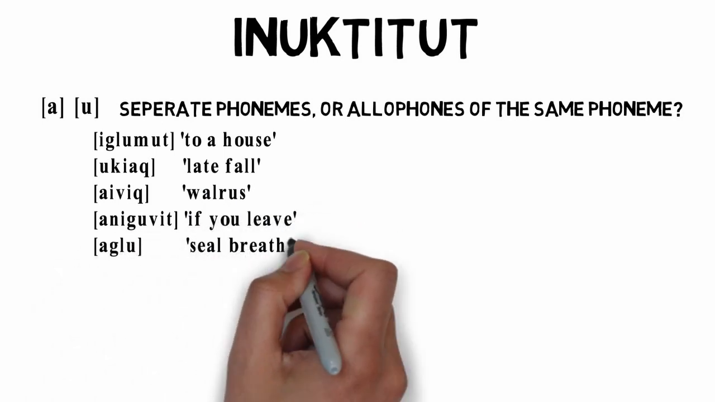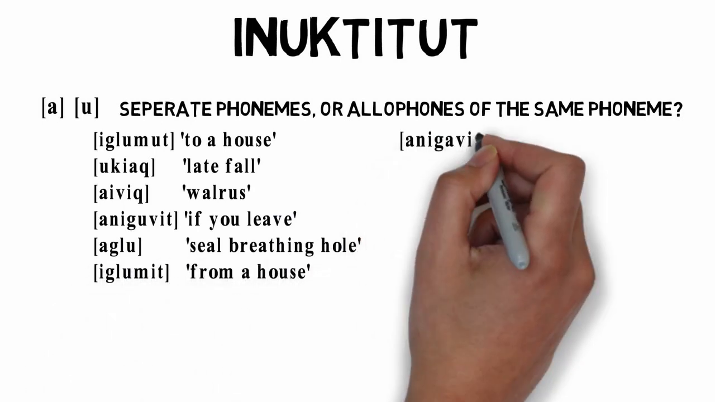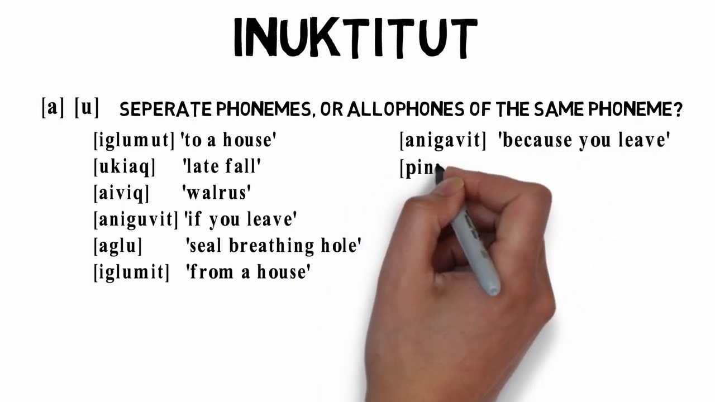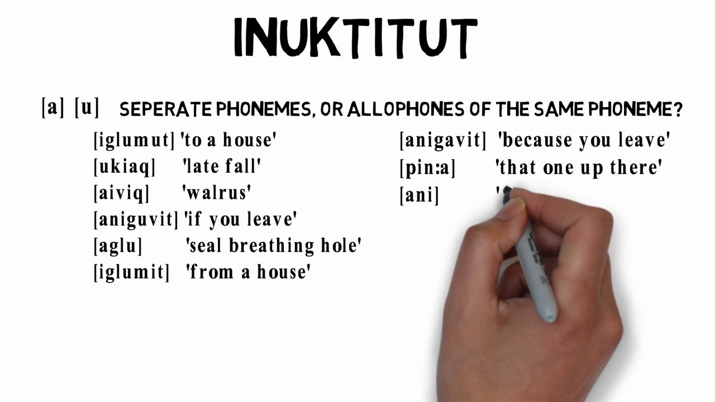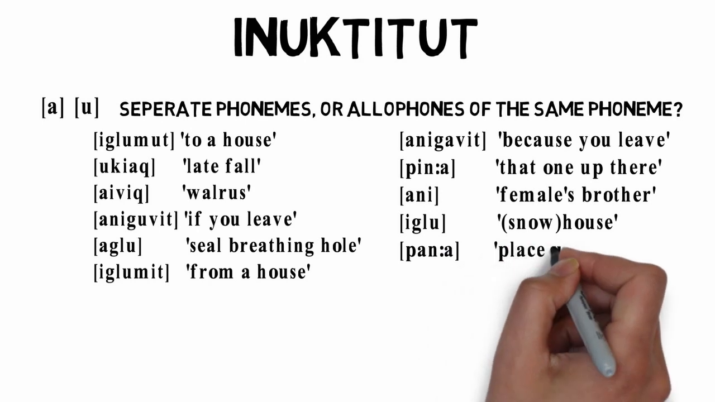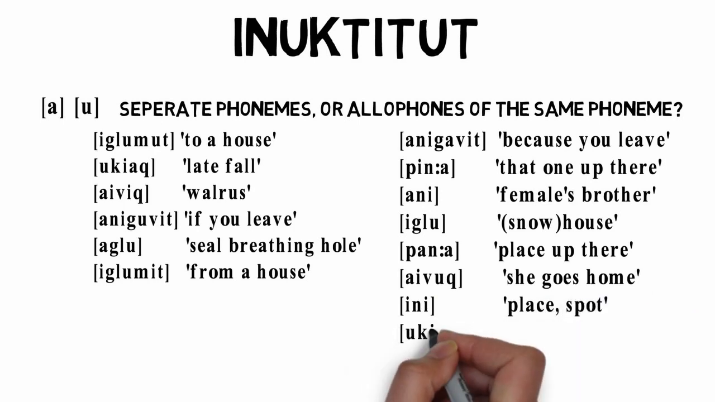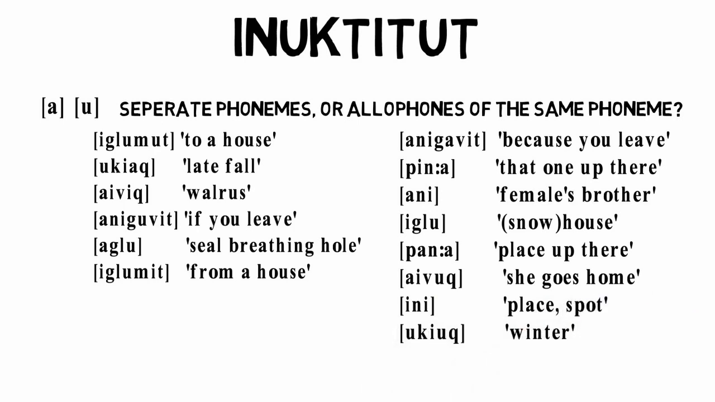So the data set that we have is iglumut, meaning to a house, ukyak, meaning late fall, aivik, meaning walrus, aniguvit, meaning if you leave, aglu, meaning seal's breathing hole, iglumit, meaning from a house, anigavit, meaning because you leave, pina, meaning that one up there, and note in this case the colon after the N is just denoting a long consonant,